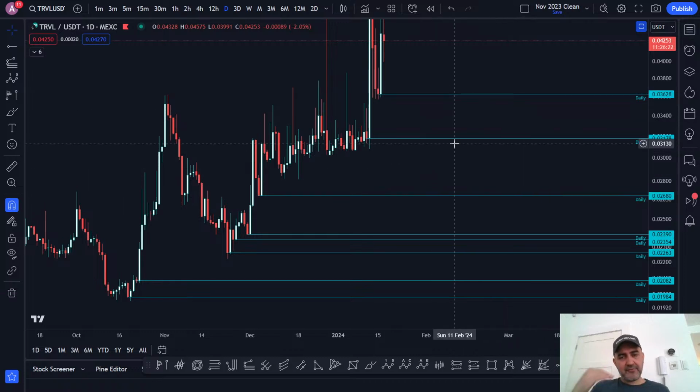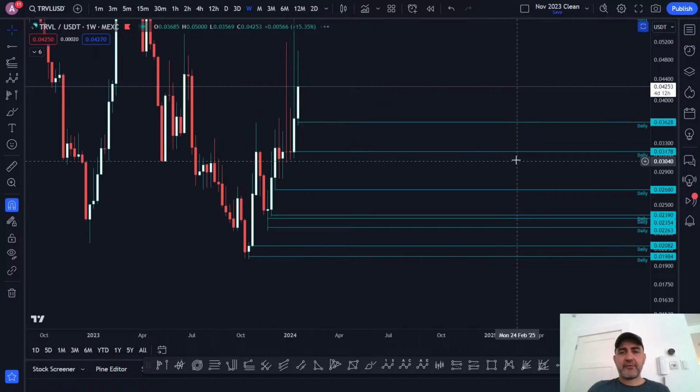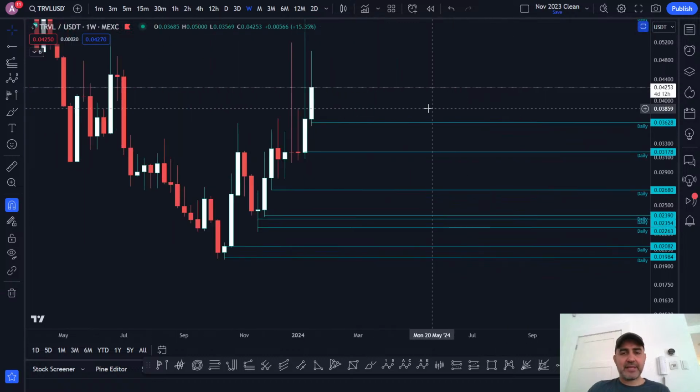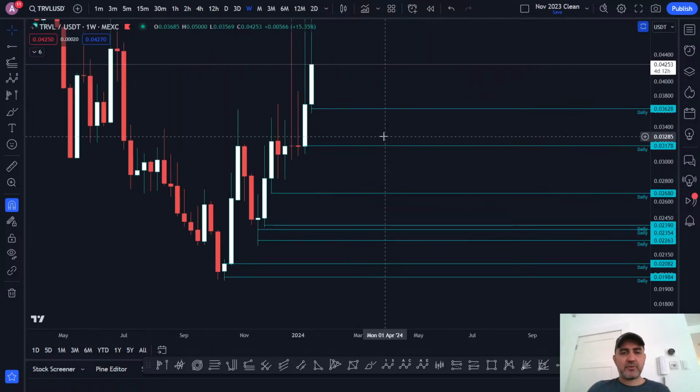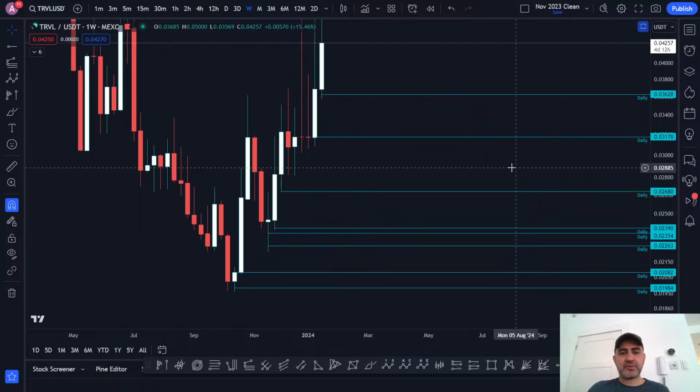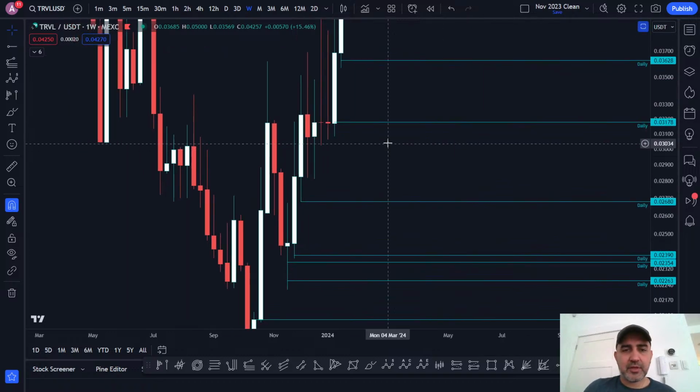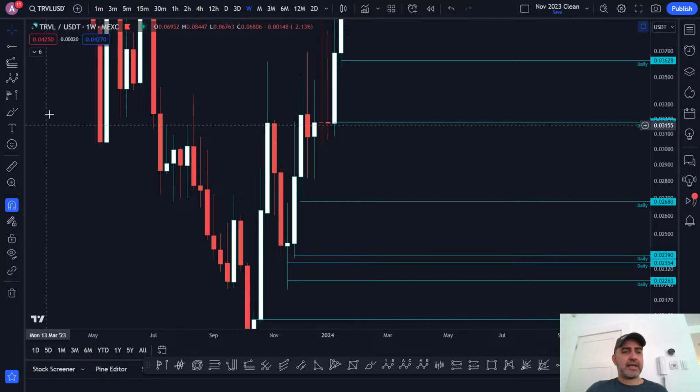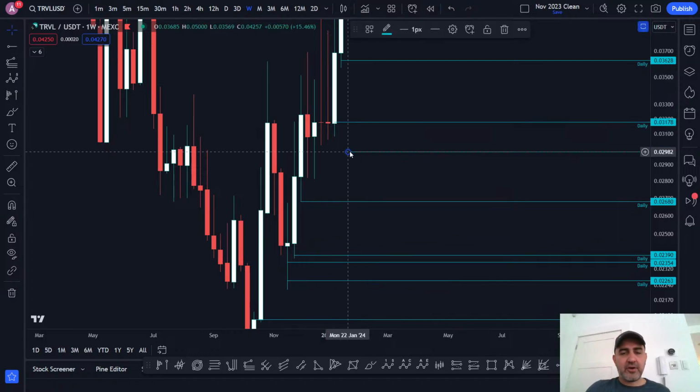And every time frame has this idea. So this is the daily time frame, and on the weekly time frame you're going to find the same idea, but the weekly levels are stronger than the daily levels. So looking at this chart, I can tell you that there are